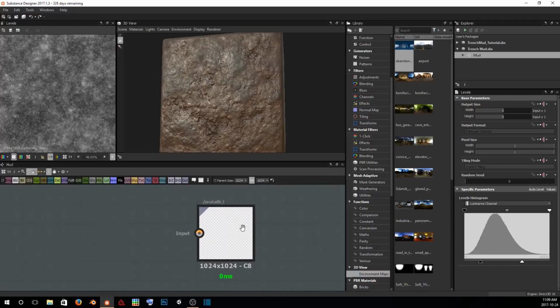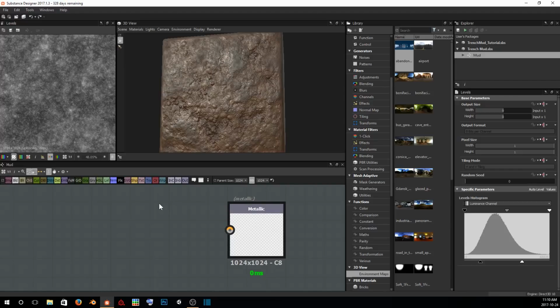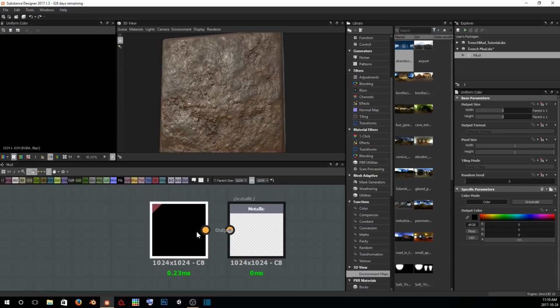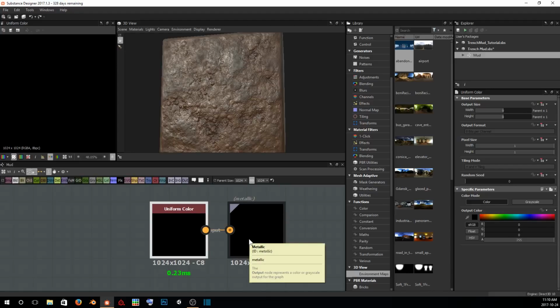From there, we go down to our metallic map. And a metallic map is essentially a black or white uniform color indicating whether this material that we're using is metal or non-metal, and non-metal we refer to as dielectrics. If I bring in a color node here and I just plug this in, right now we're indicating to our output that this is black, meaning 0, which is non-metallic, a dielectric. If I were to crank this up,